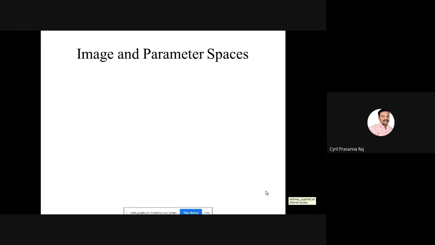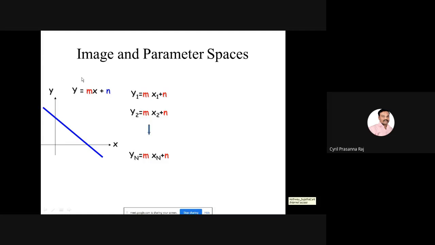So here we are talking about a concept called parameter space. Here x and y are your independent variable and dependent variable. m and n are constants. Because m and n are constants, you are able to get one single straight line. Suppose you keep changing m and n, you will be able to get multiple straight lines.